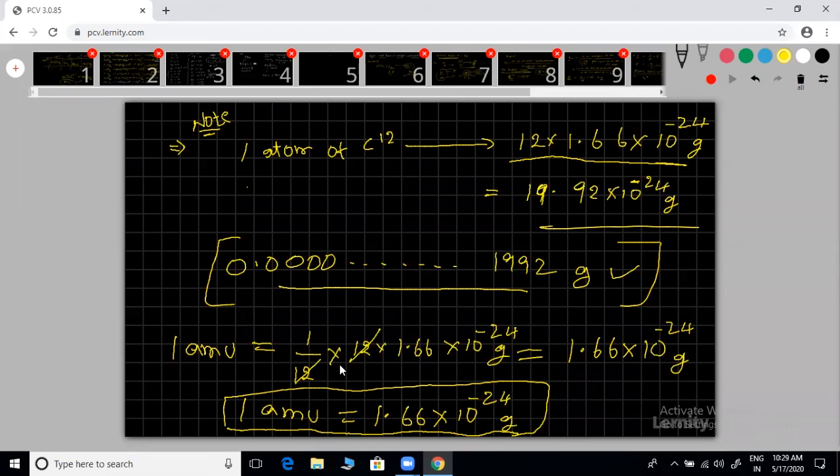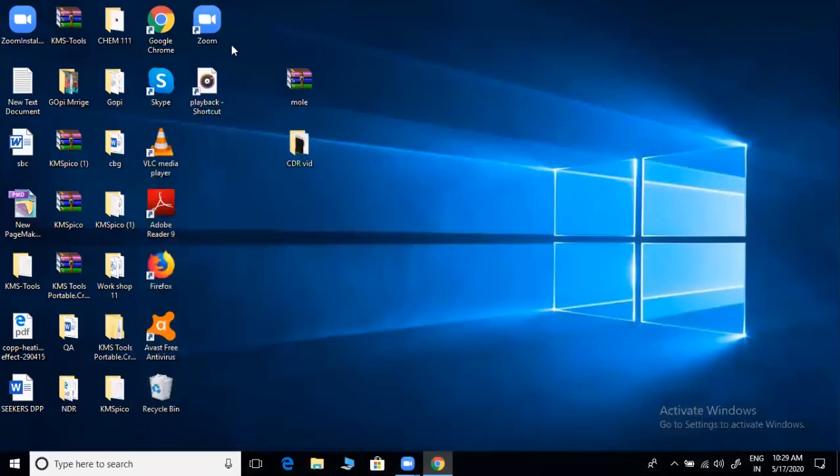So first you find the one AMU definition. Then we applied the AMU definition. We got the one AMU value. What is the AMU value? 1.66 into 10 power minus 24 grams. This is the only point you have to keep in mind. If completed, let me know. I'm giving the next point, where you are using these things. That's what I'm going to apply right now. If completed, let me know. Okay, fine. Next slide I'm going.